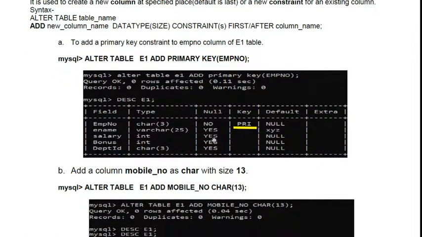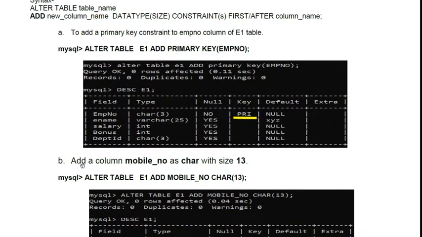Okay. Now the second example: add a column mobile number as data type char with the size 13. Column name is mobile underscore number, data type is char, and size is 13. But it is not mentioned in this query where you want to place this mobile number.